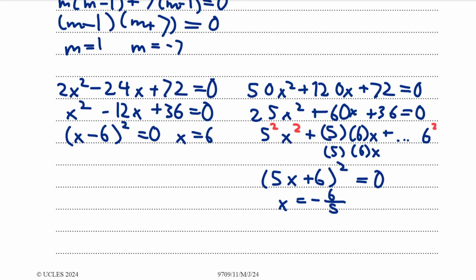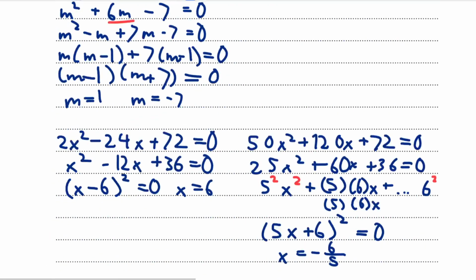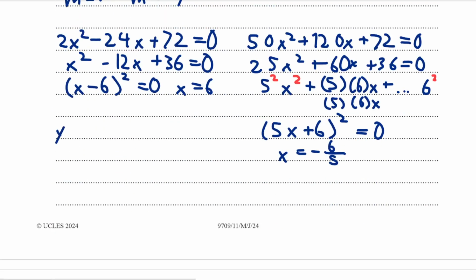So now we know both x values, and if we substitute to get the y values, we can use the original y equals mx plus c, and we get y equals m, which is 1, times 6 minus 9, which is equal to negative 3. So 1 point is going to be (6, negative 3). That's one answer. The other answer is